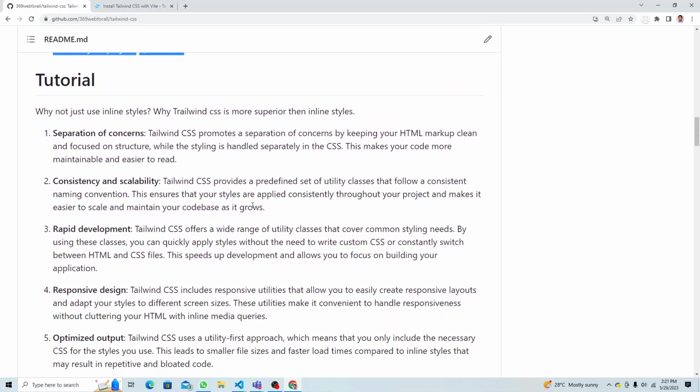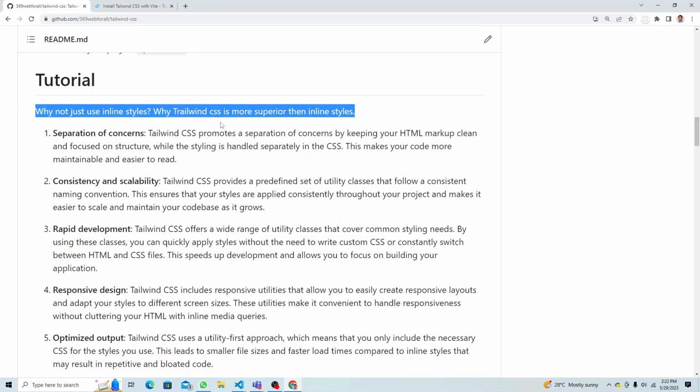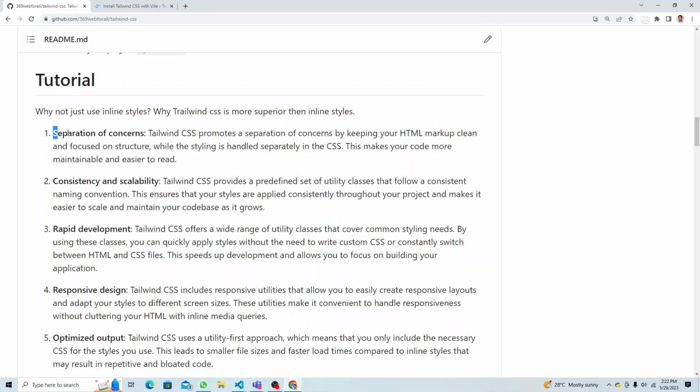The next thing, MJ asked me why not use inline CSS, and why Tailwind CSS is more superior than inline styles, or maybe SASS, or anything. I mean, styled components and SASS have their own value. They are already good. But why does Tailwind have more advantage? Okay, so, separation of concern. What does that mean? Separation of concern